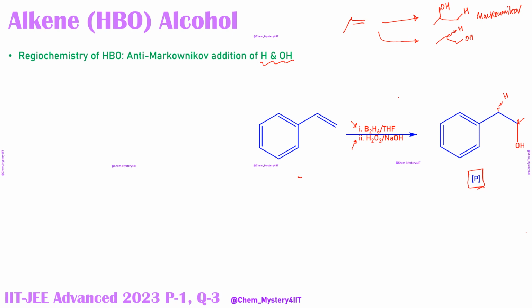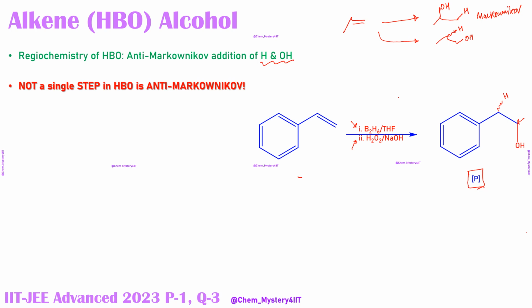So actually this reaction, although overall anti-Markovnikov, is quite interesting, and it may be quite shocking to some students that none of these steps in the HBO is anti-Markovnikov. Why am I saying that? If you follow what the original Markovnikov rule stated, it stated that when some HX is being added, then out of HX, the more negative part adds to that particular carbon which has fewer hydrogen atoms.